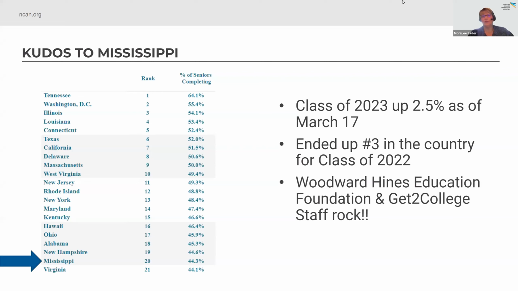First of all, let me just start with some kudos to Mississippi. The data on this chart is as of March 17th, so I know it's even higher than what it says here, but I am really confident that Mississippi will end up again probably in the top 5 states in the country for the highest FAFSA completion rates for the class of 2023. You're already 2.5 percentage points ahead of where you were last year. You finished 3rd in the country last year, so NCAN and other states look to Mississippi to figure out